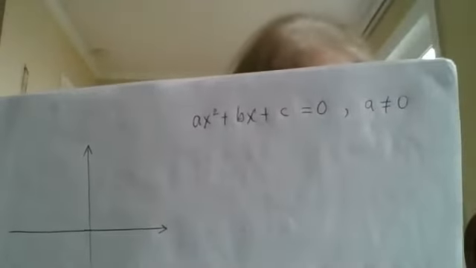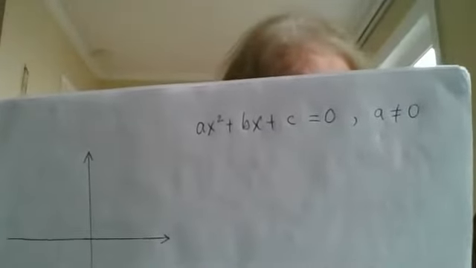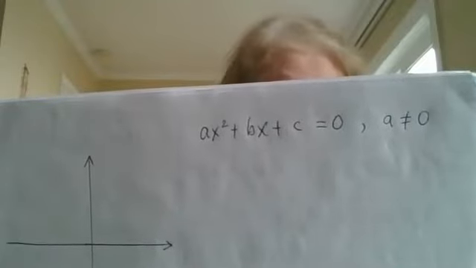Let's say you need to solve a quadratic equation, which comes in its standard form. Standard form is ax squared plus bx plus c. Here, a, b, and c are parameters. They can be positive numbers, they can be negative numbers. B and C can even be zeros. They all belong to set R, the set of all real numbers.